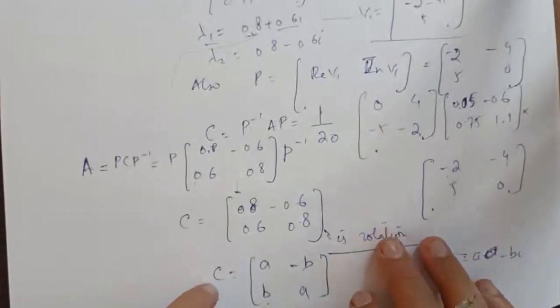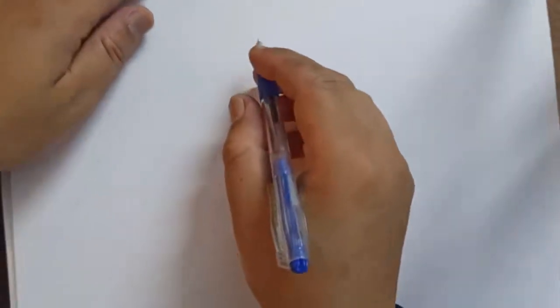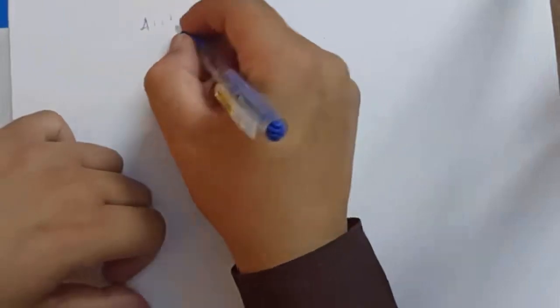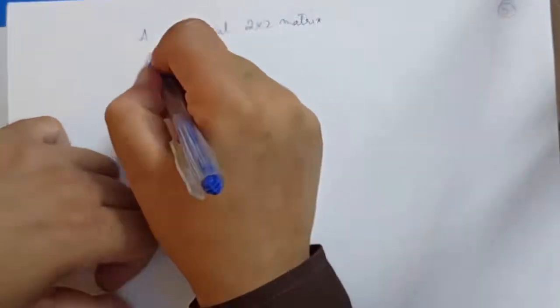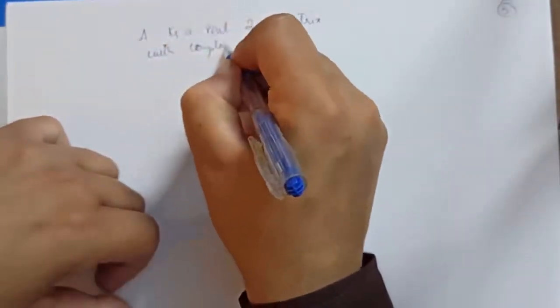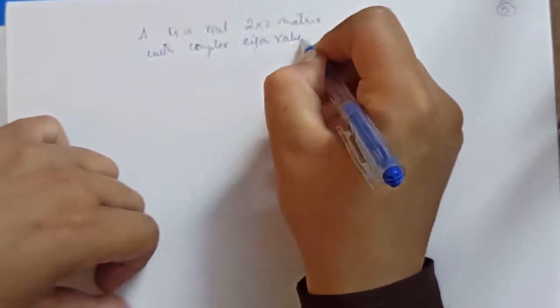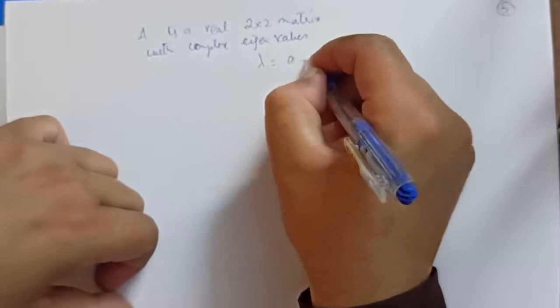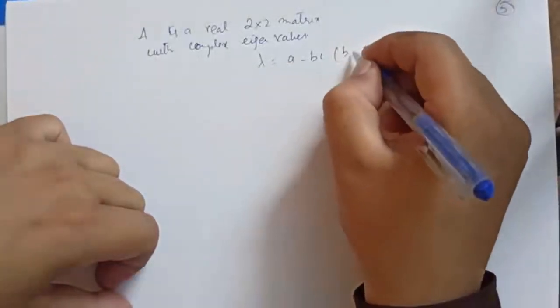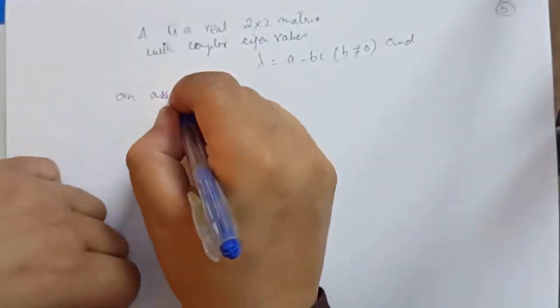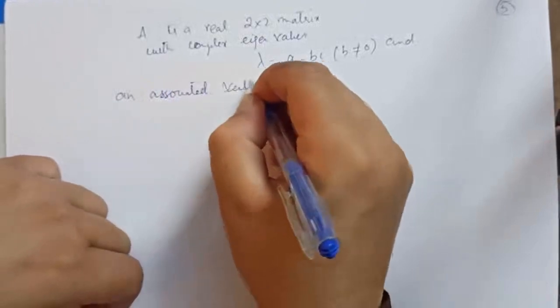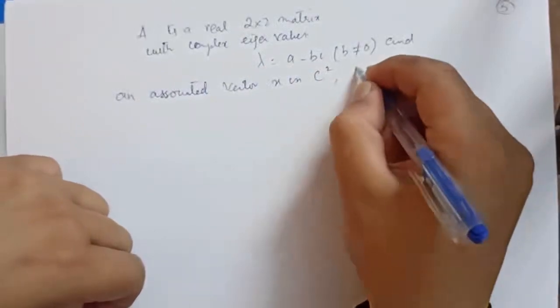Okay, so we can generalize this now to say that if A is a real 2 by 2 matrix with complex eigenvalues lambda equal to A minus B iota, where B is not equal to 0, and an associated vector x in C squared, then